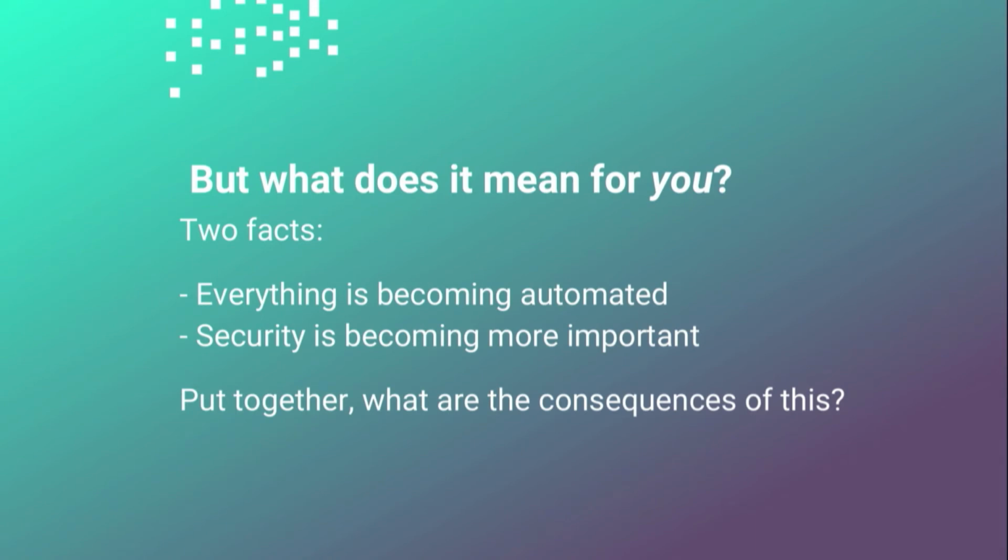And more, security is becoming more and more important. No one wants to be on the front page of the New York Times. No one wants to be sitting there in the annals of history next to Equifax for having good, healthy security measures. Nobody wants that. So put together, automation and security are here to stay and are the only way out of this mess. They're the only way forward.